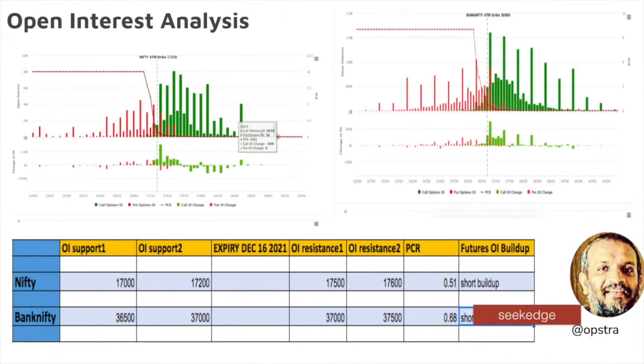Open interest data showing that 17,000 and 17,200 both have good put writing. 17,500 and 600 has got good call writing. So that's where the action on tomorrow's expiry is going to happen. 0.51 is neither bearish nor bullish, you can see. Short build up is what you see in the